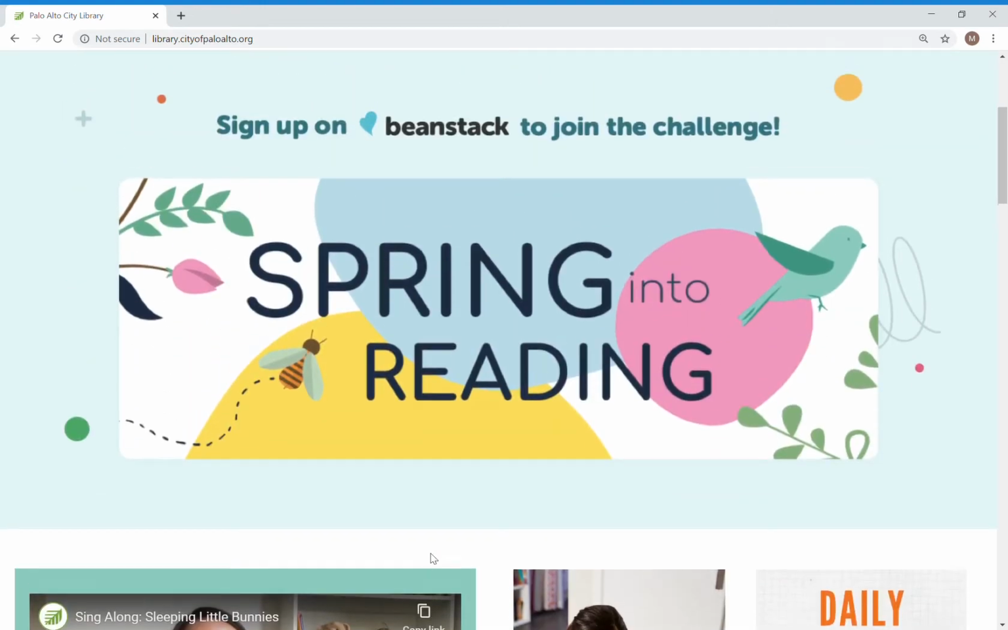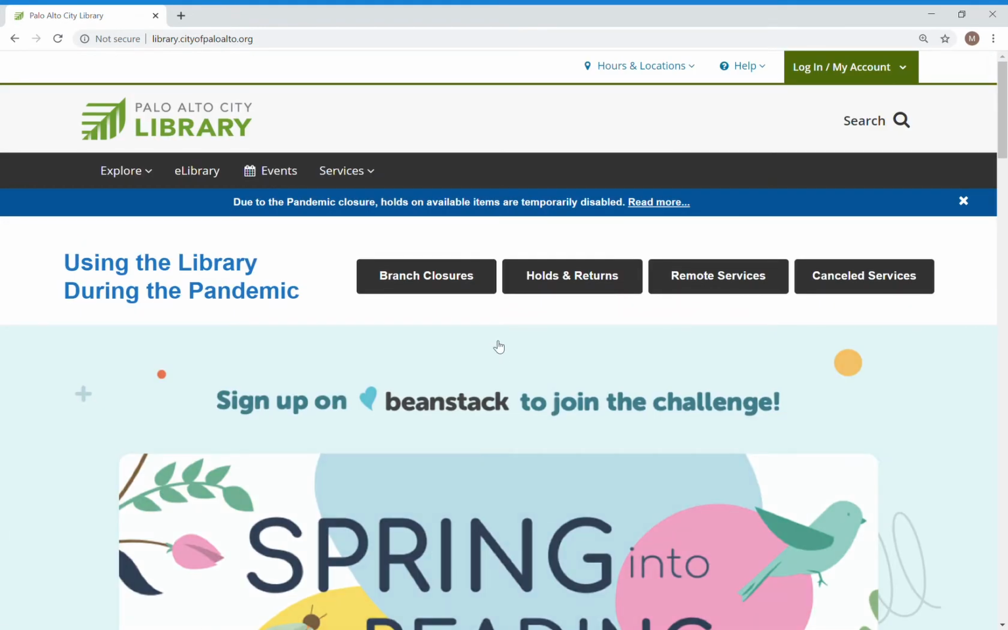Now, book lists, despite the name, can also include movies. They can include anything that you can find in our library catalog, as well as online resources too. So it's actually a very great way to organize your information. So you're going to start on our main page, which is